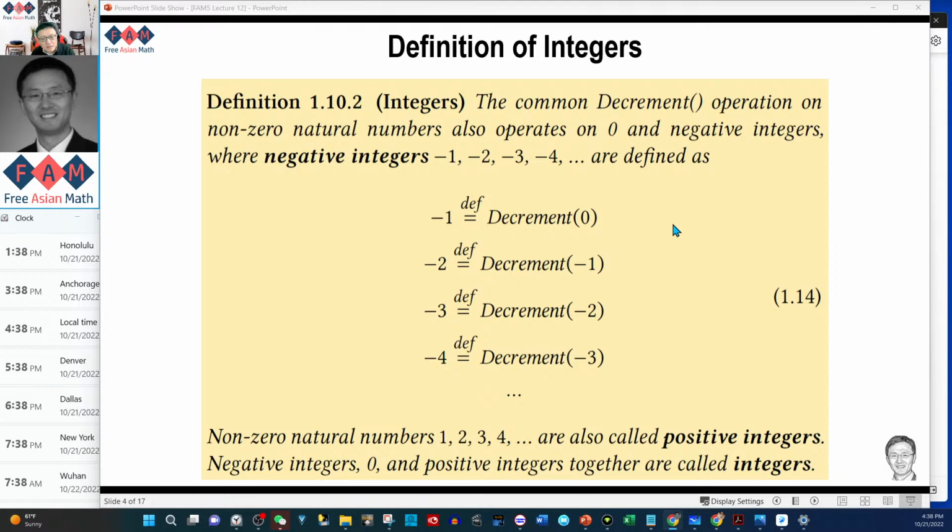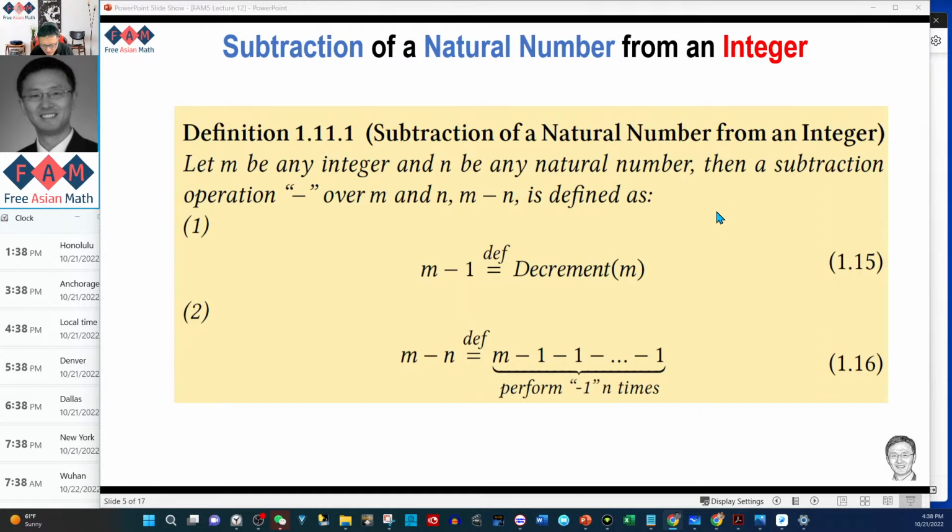It's neither positive nor negative. So negative, 0, plus positive, together we call them integers. Okay. So with this decrement operation, now we were able to define,